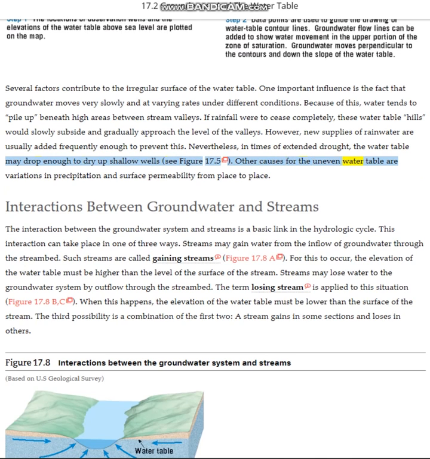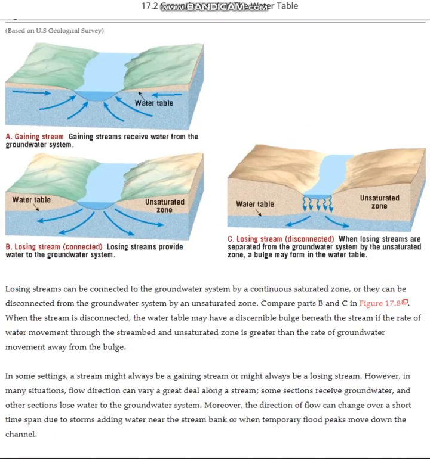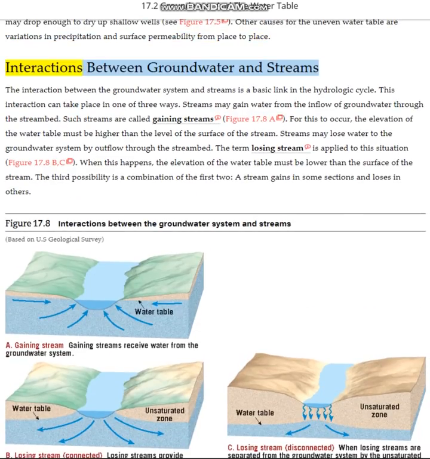Other causes for the uneven water table are variations in precipitation and surface permeability from place to place. Interactions between groundwater and